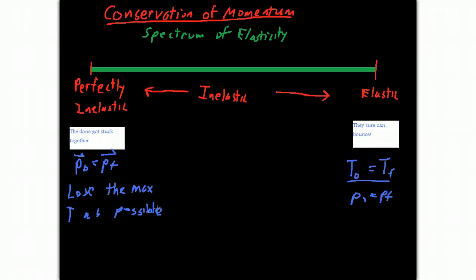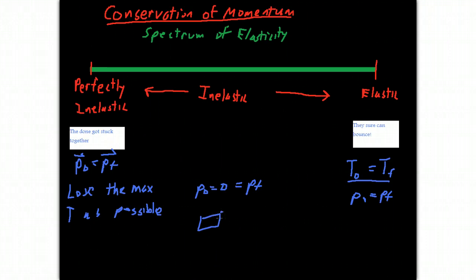To give you an idea, let's say that you have two trains coming towards each other. They're equal masses, equal speeds, they're just going in opposite directions. So the momentum of that system will initially be zero. They could have a lot of kinetic energy, but if the initial momentum of the system is zero, that means that the final momentum of the system also has to be zero. Well, what that means is that if you have momentum initial equals zero, which equals the final momentum of the system, and they stick together,